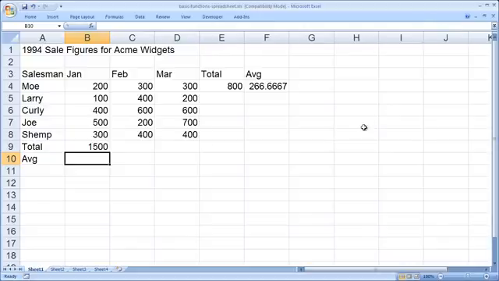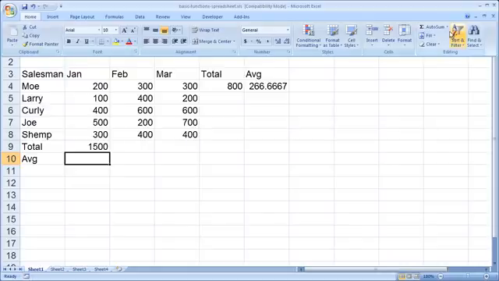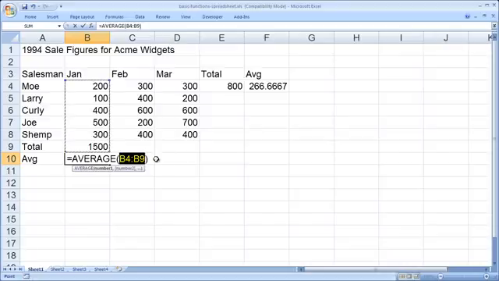You can also use that same quick tool with the average function. And here I am in the average cell, and then I'm going to go ahead and click on Home. Instead of clicking AutoSum, which would just give me a sum, I'm going to go ahead and click the drop down arrow to the right of that. And you'll see here we can use this tool with average, count, min, and max. And I want to use it with average, and there's also a more functions option here. I'm going to go ahead and click average, and you're going to see that it highlighted the range B4 to